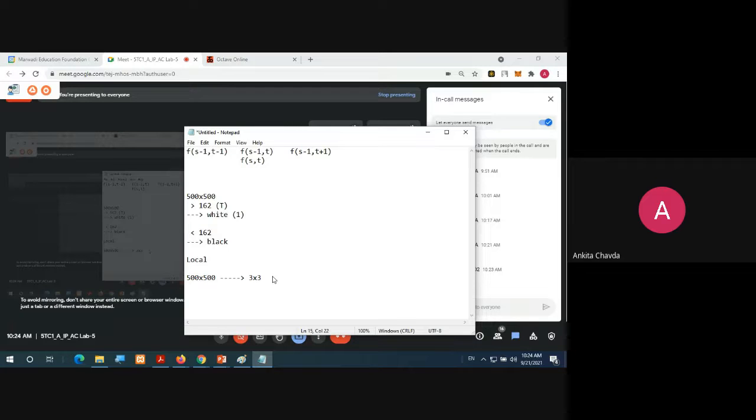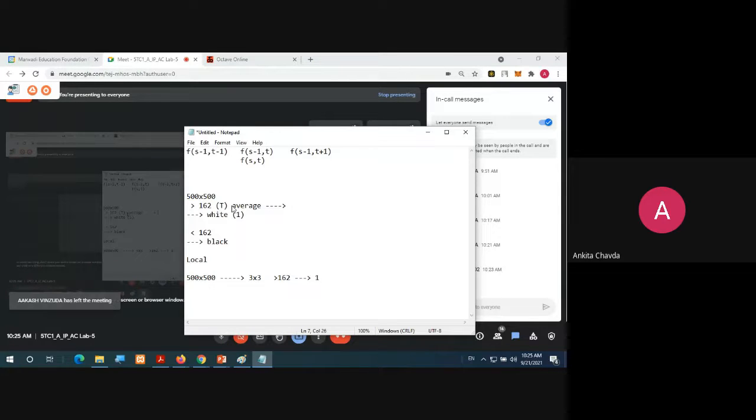In this 9 pixel, if this value is greater than 162, then you are making it as the white color. If it is less than 162, then you are making it as 0. Are you getting what I'm saying, yes or no? This is what you are locally deciding, and this thresholding value will get changed every time. Why? Because this 162 is not fixed. No, I have taken the average. Understand this? Average I have taken.